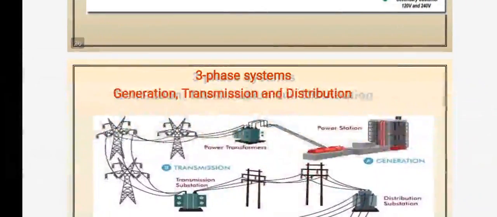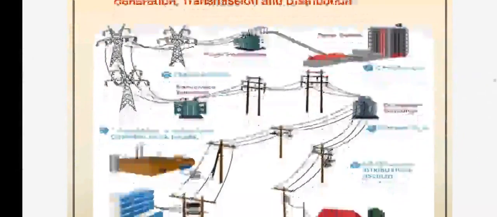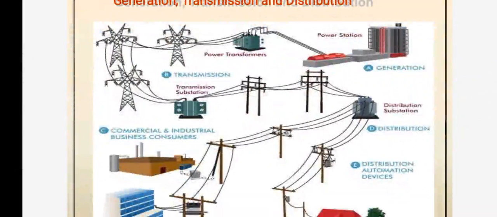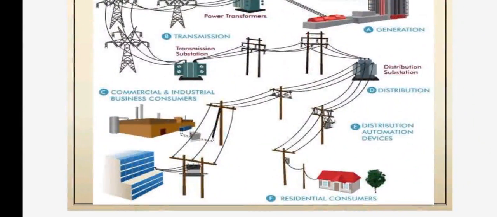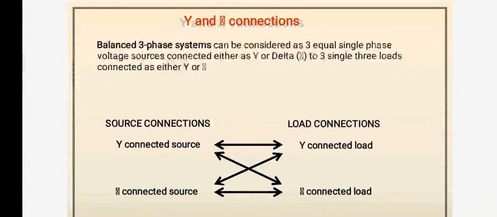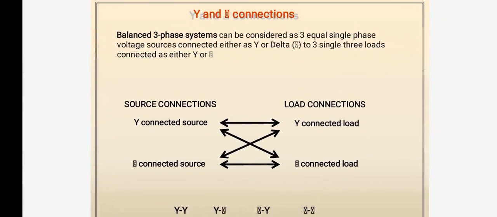For the three-phase system, there is another way of representing it. There are a number of three-phase systems, with different applications. One is from the generation station to distribution. From the generation station it comes to a distribution substation, and from the substation it comes to domestic purposes. You can easily understand. If you go for any kind of electrical system, there are two types of connection.